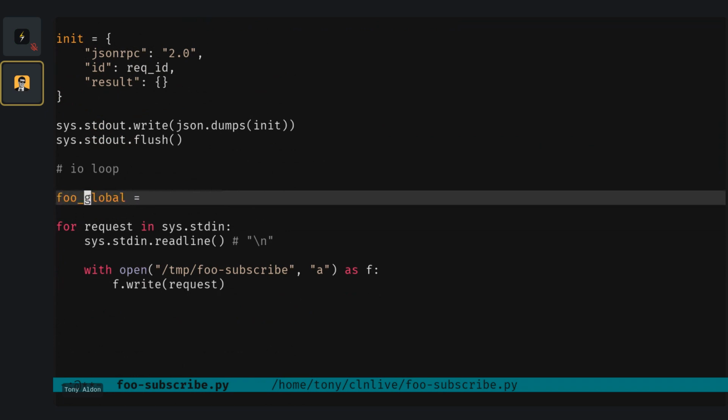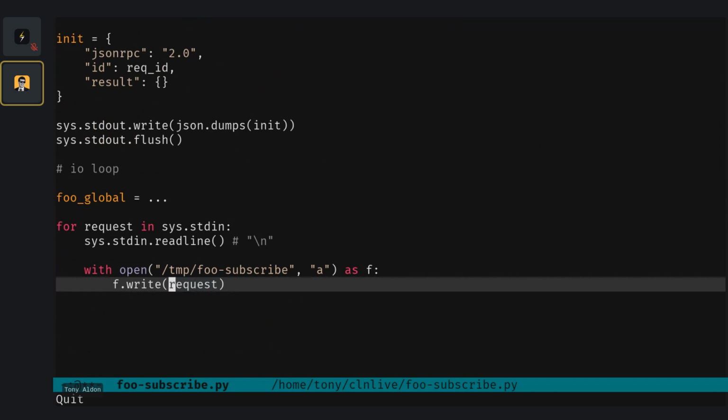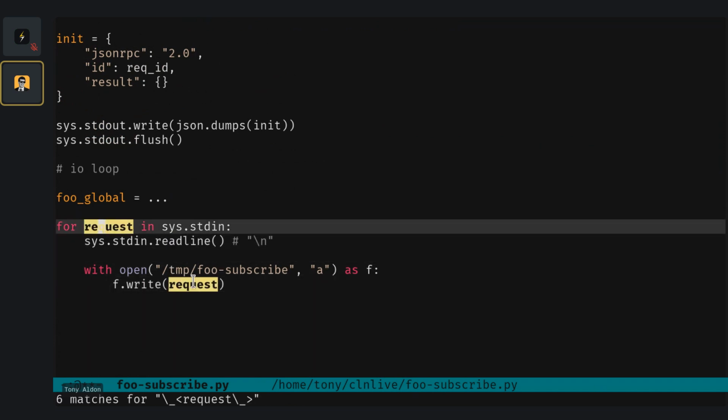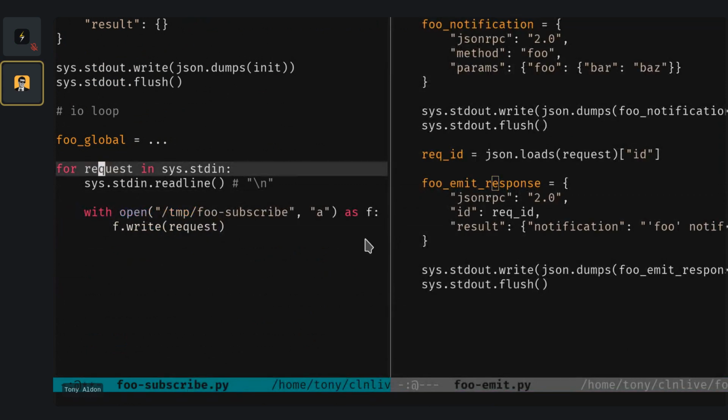We have maybe Foo global, which has some value, and when we receive the notification there, you might say... So now we go to the Foo emit. I don't say that it should be done like that. It's just that in some way, yes, because